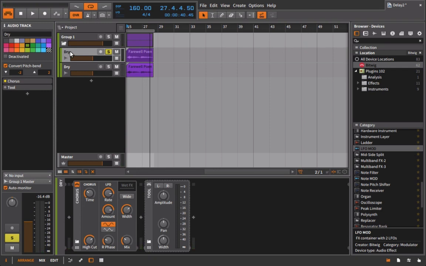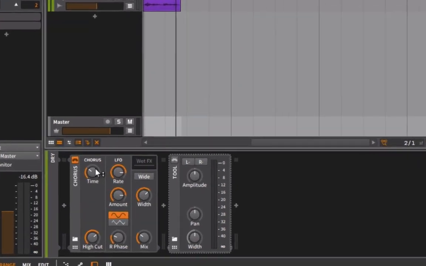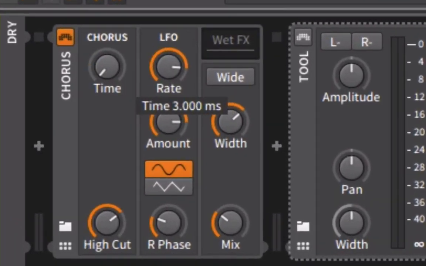But it doesn't seem like it's making a change to the width. It doesn't seem like it's making that part move any faster or slower, because what this LFO is really controlling is time. And if we zoom in here, we can see that the time is going from 3 milliseconds up to 40 milliseconds. And for a chorus, that's maybe a little bit extreme, but you don't need to focus on the times that specifically. But what this is saying is that even at like 40 milliseconds,